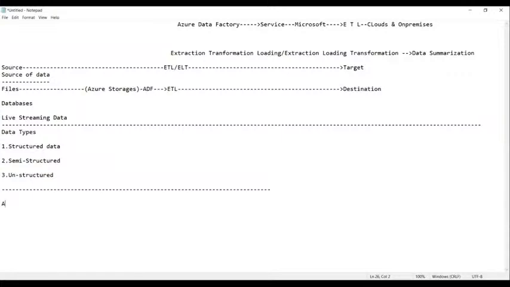Let us see this. Tell me, what are the storages in Azure? The first one is called Azure Blob Storage.